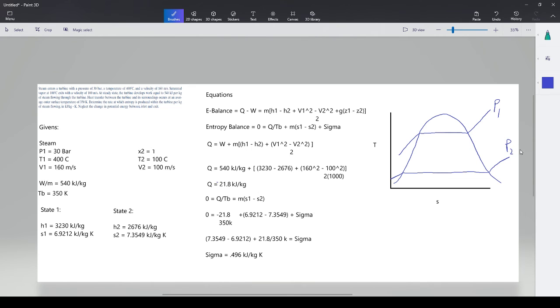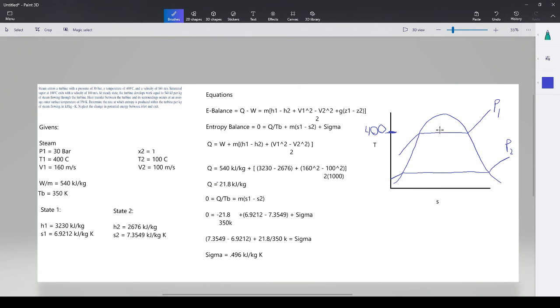So now where should I draw the first dot? Where should I draw state 1's dot? Anybody want to take a wild guess? Go ahead. It's going to be superheated, so it's going to be way up there. It's at 400 degrees C. Yep. So it's going to be kind of high up compared to on the right side, right? Compared to temperature at state 2. So I'm going to draw 400 degrees C right here at this line.